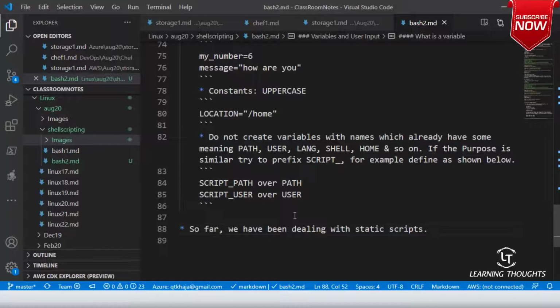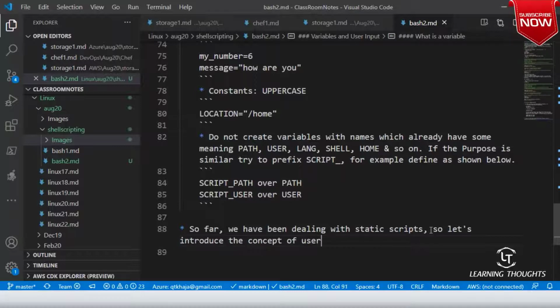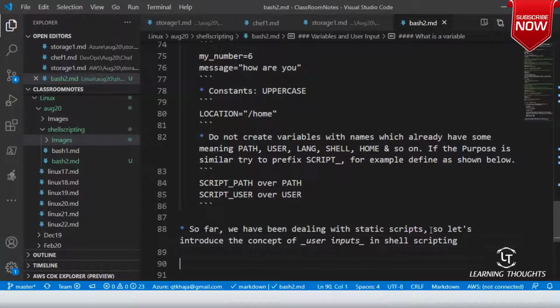So let's introduce the concept of user inputs in shell scripting.